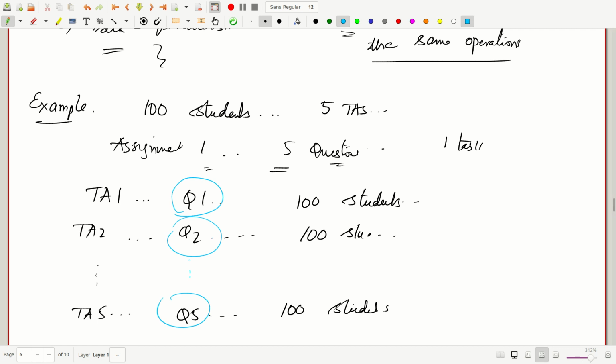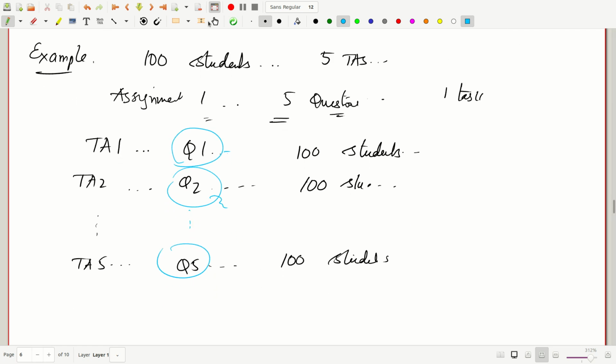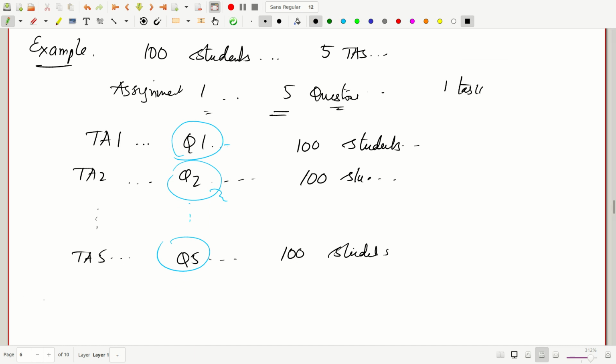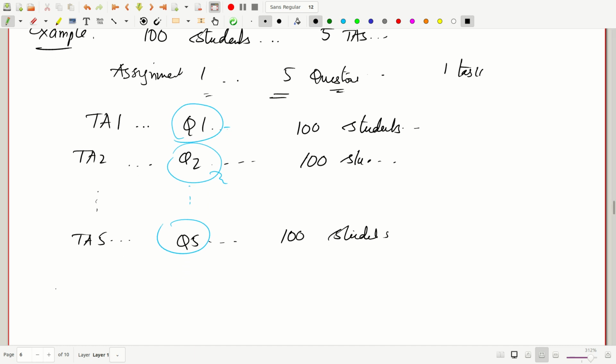These are all different. Okay, for example, this can be a question on, let's say, OpenMP. The other one is a question on matrix multiplication using serial code and things like that. Okay, that is about task parallelism. Now what about data parallelism? Now we can use the same example to discuss data